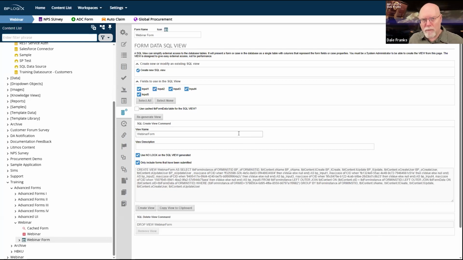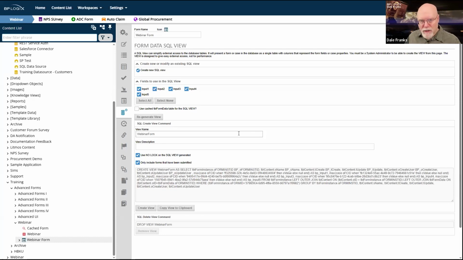this form. First of all, it's very flexible to create a SQL view. Second of all, you get a lot of performance increase out of it because now I'm just pulling it from a compiled view that's already in the database. And the downside of it is I've got to know a little SQL to pull this data back.